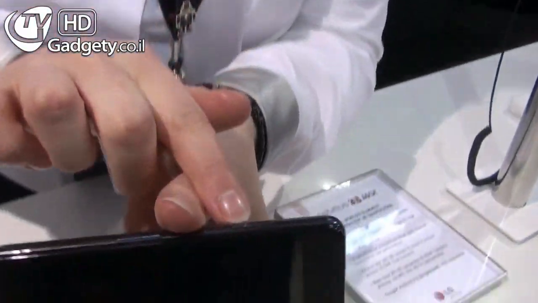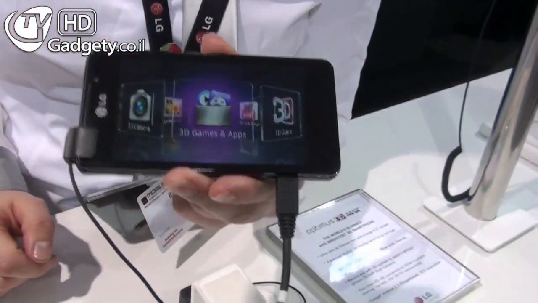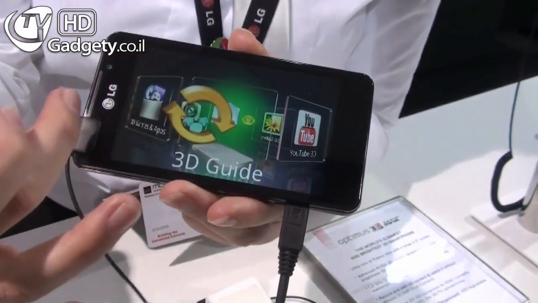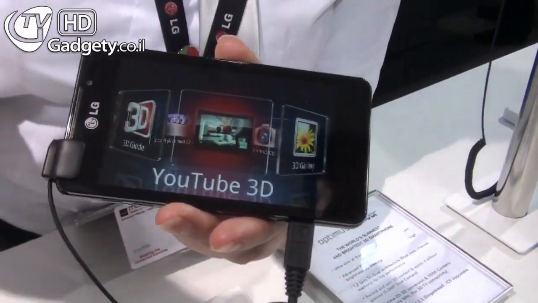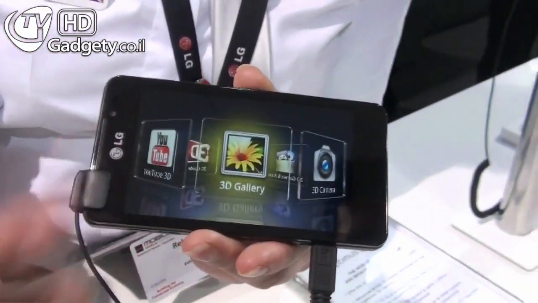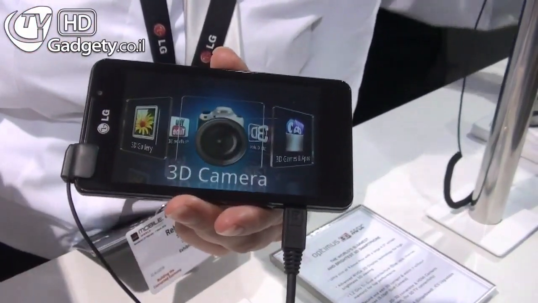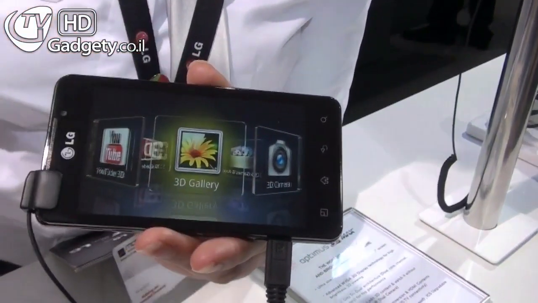So if I press this little key at the top here, this is your 3D hotkey. That will take you into your 3D menu. So you've got games and apps. There's also a guide in there. There's 3D YouTube, so you can upload your 3D videos to YouTube. We have a gallery where all your photos and videos are stored, and we also have the camera. The 3D looks great on the device. Thank you. So if we go into the gallery,